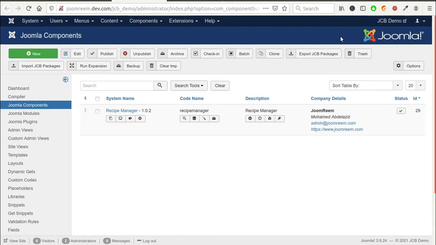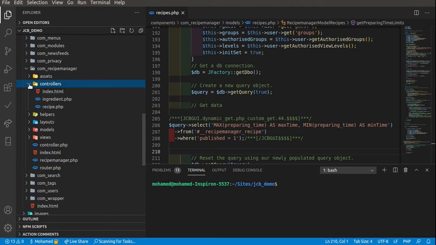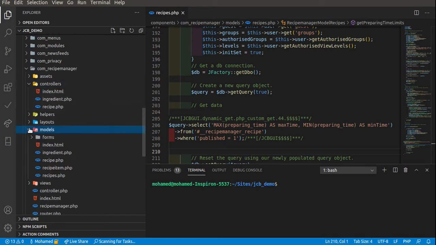Okay, it is time to add the Ajax part, which is a little bit complicated because it is distributed among several areas. Please, from now on, pay attention to the details. As you can see, we don't have yet an Ajax controller nor model, and we will have both very soon.